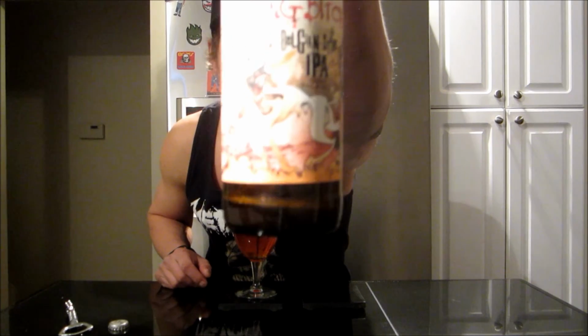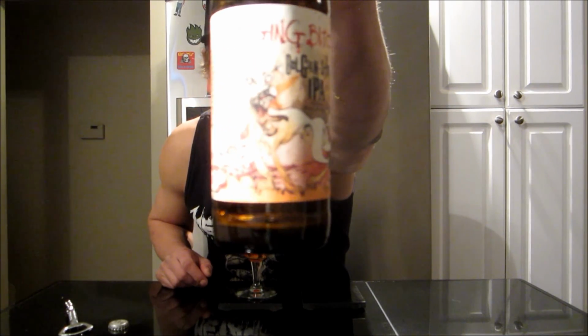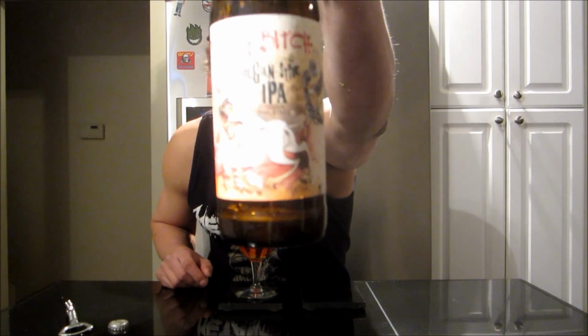The Raging Bitch. I gotta say the label and just the artwork alone, worth picking up a bottle. If you're like me and you collect certain bottles, I'll hang on to the ones that I find are amazing like this, or just kind of the rarer beers. But